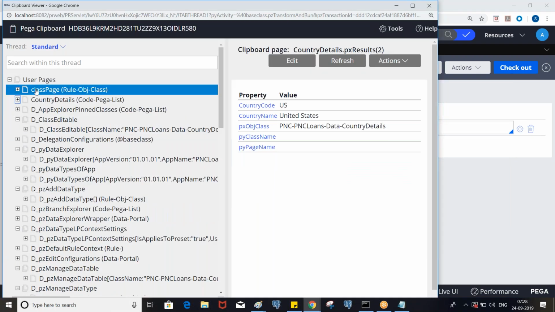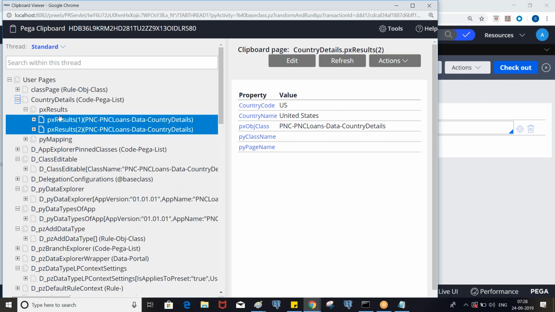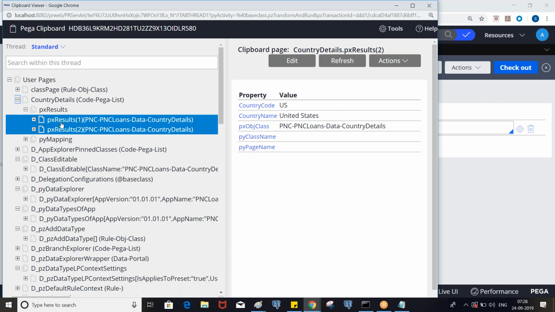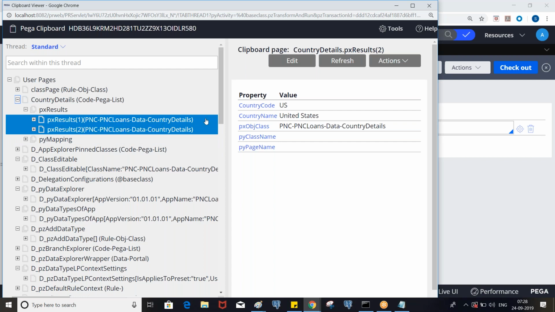If you expand the user pages, whatever pages you are seeing are top level pages, and under country details we have a page that is not a top level page. These page list pages are called embedded pages.